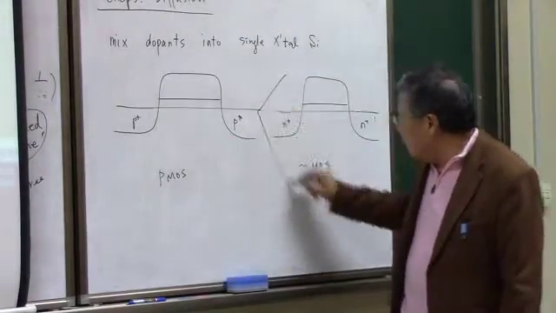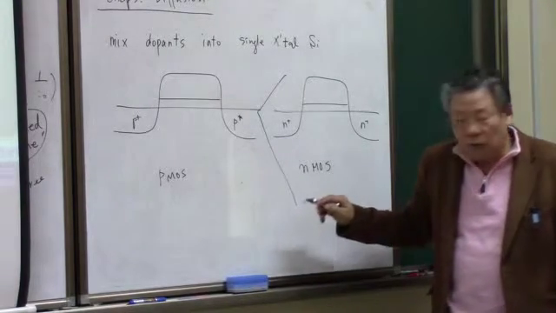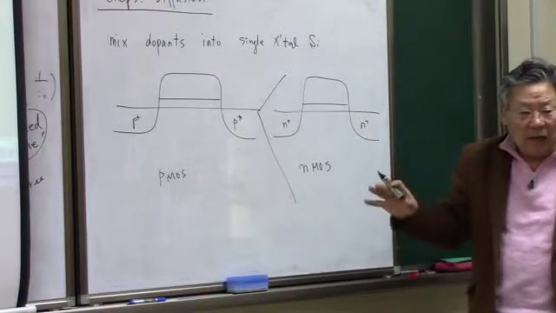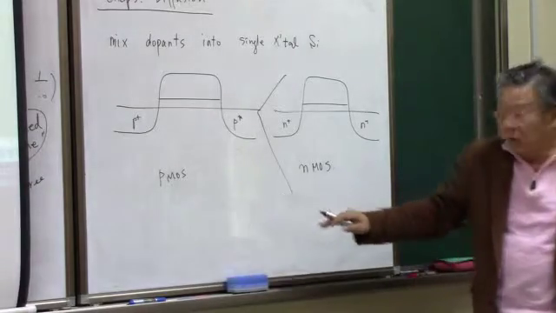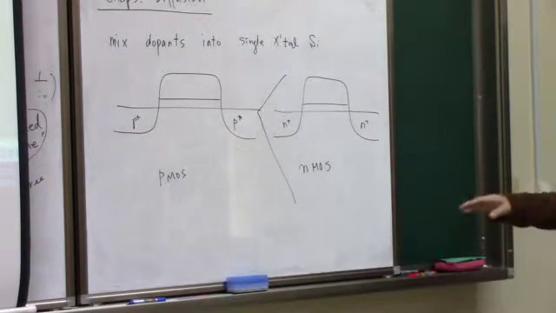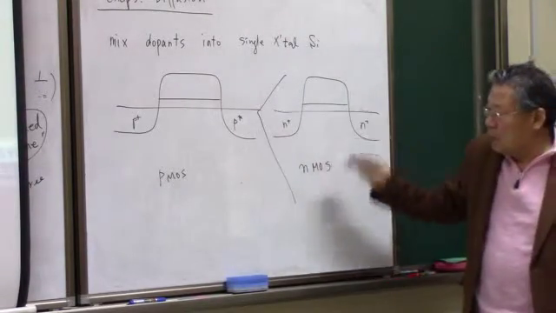And NMOS is preferred because, as you may know, the electron mobility is 4 times higher than that of holes, right? So we have a faster response time and everything, faster speed, so that the NMOS is preferred over the